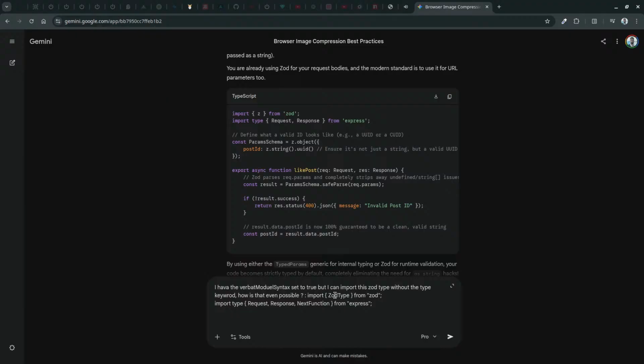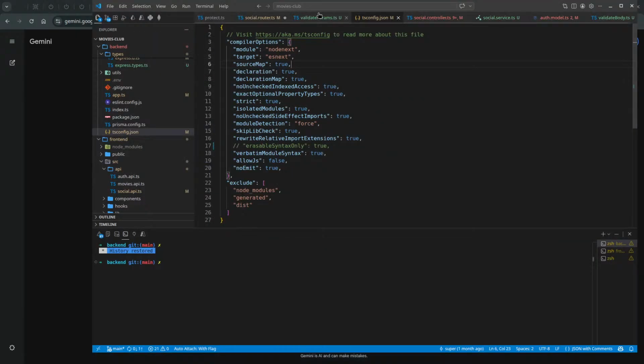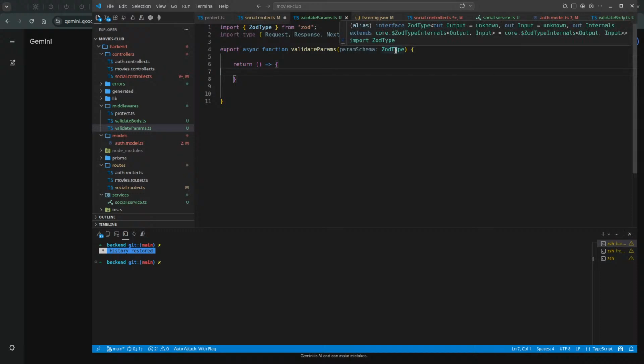I mean, this is a type. I'm using it as a type, and it's a type. Interface. I don't know how this is possible.